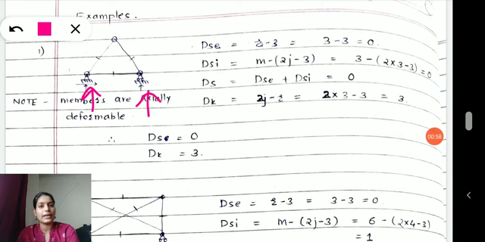If I ask what the support reactions will be, then at the hinge you come up with two support reactions. One is in the vertical direction, the other is in the horizontal direction. Why? Because a hinge resists movement in two directions. Now the other end, where you have the roller support. A roller will resist movement in only the vertical direction. If there is a resistance, there will be a development of reaction. So in the roller, only one vertical reaction will develop.